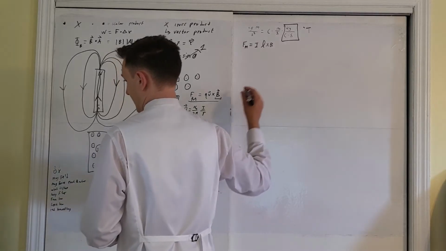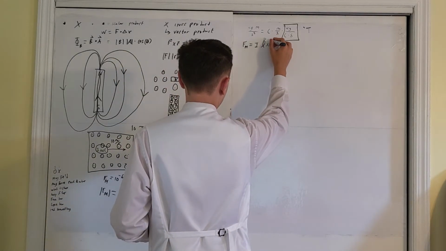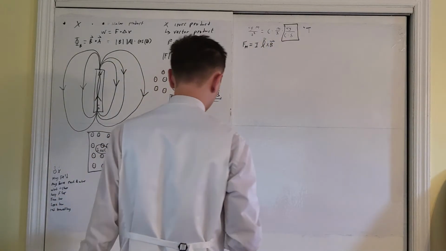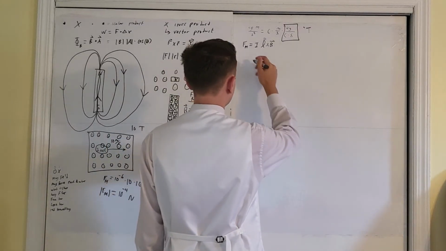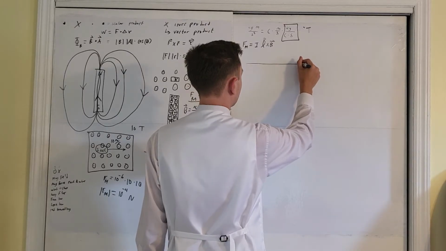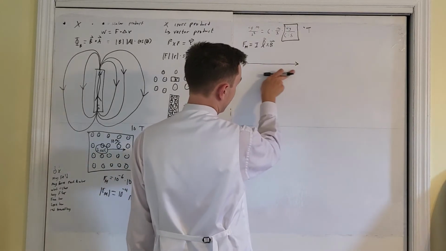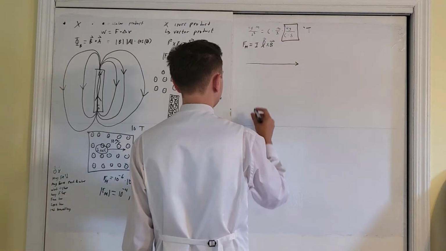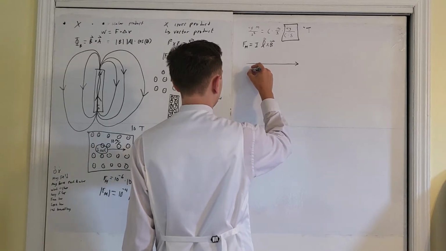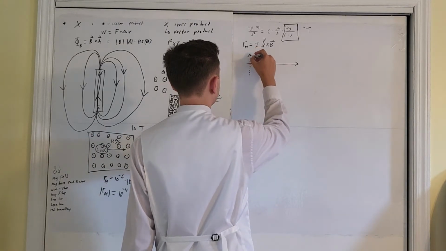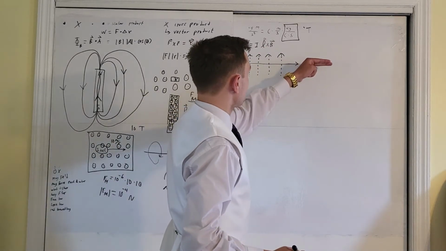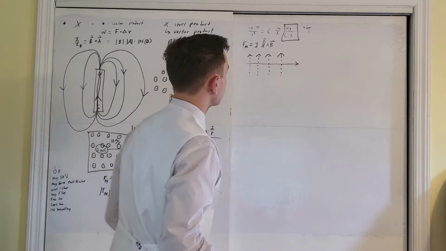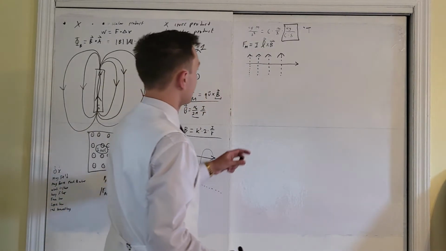And of course, length is a vector crossed with the B field vector. Okay? So let me draw another diagram. I have a wire with current flowing in the indicated direction, and I have a B field that is pointing upward like this. Current is flowing this way, B field is pointing that way. Okay? Now,